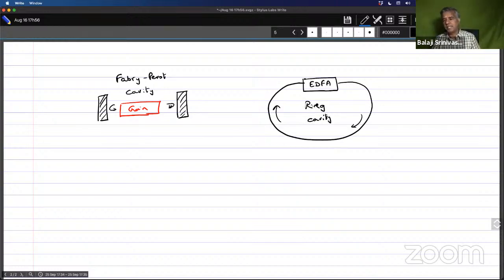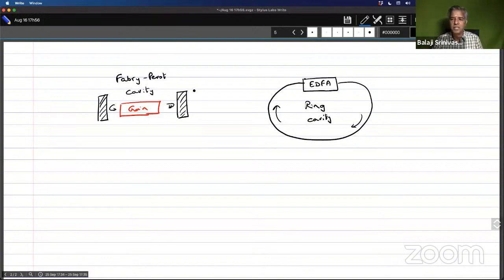The beauty of this ring type cavity is it doesn't require any mirrors. So you can actually just feed the output back into the input. So that way it's unique. But there are reasons why you may want to have a mirror, because if it's an external mirror, you can change the mirror and you can change the properties of the cavity a little more easily than changing this ring cavity. But nevertheless, these are two different cavities, and with both of these, you can have a gain